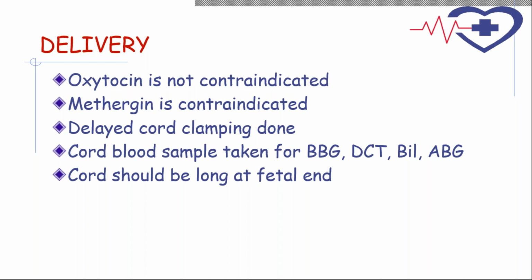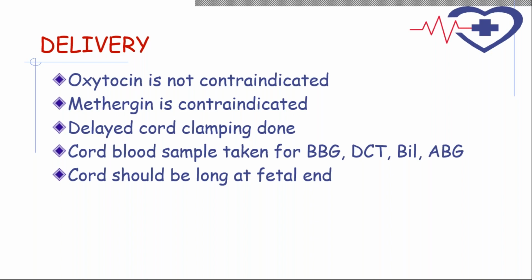However, if a woman with an Rh negative pregnancy bleeds and has PPH, please don't withhold any kind of oxytocic drug to save her life. This is very, very important. And methergine has become now a third, fourth line drug even in management of PPH, and it is not the first line drug in prevention of PPH. Delayed cord clamping can still be done safely. You should clamp the cord not earlier than 30 seconds.